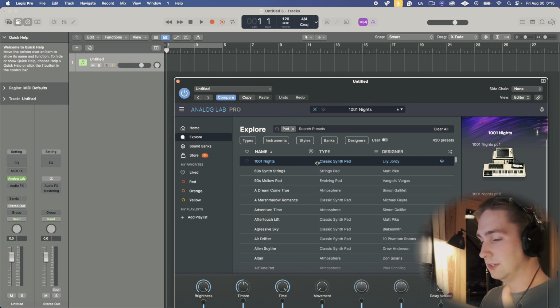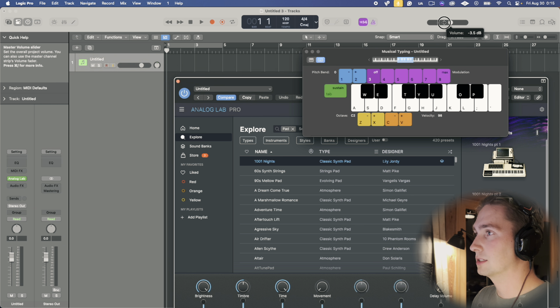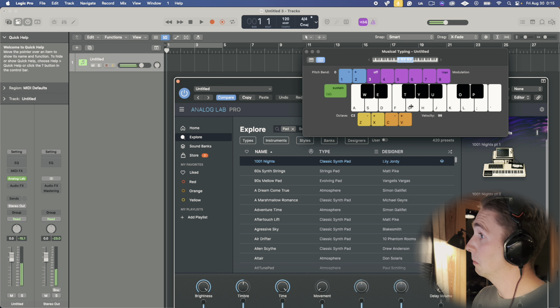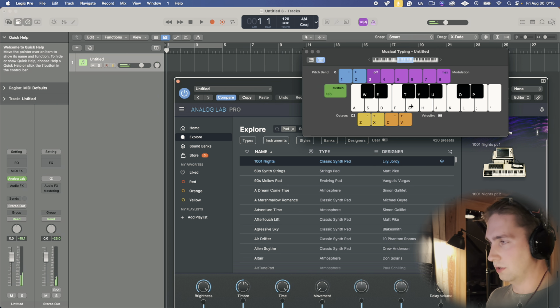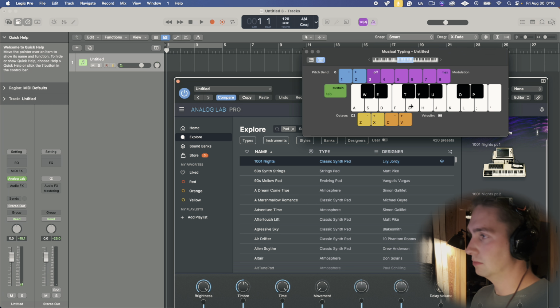Secondly, if you don't have a MIDI keyboard right now, press Command K. Boop. There you go. There's your keyboard. You can literally click on it. Let me drop this back because it's probably going to be loud. Or the point of this is you can use your typing keyboard to play the keyboard.